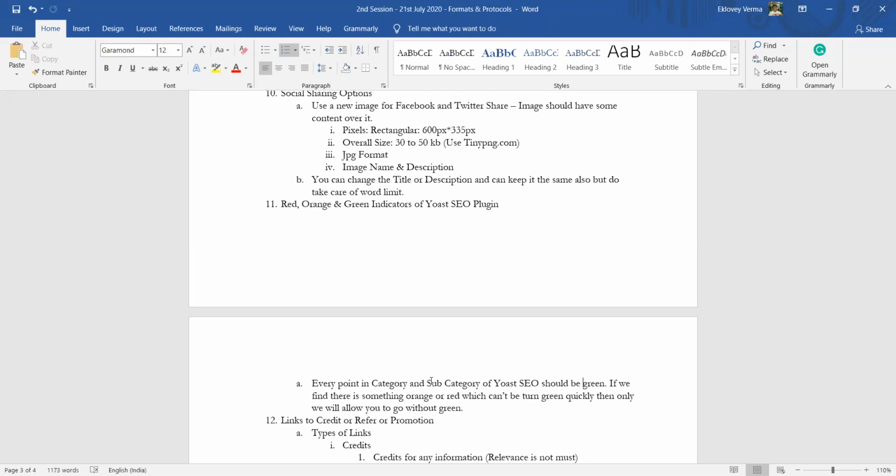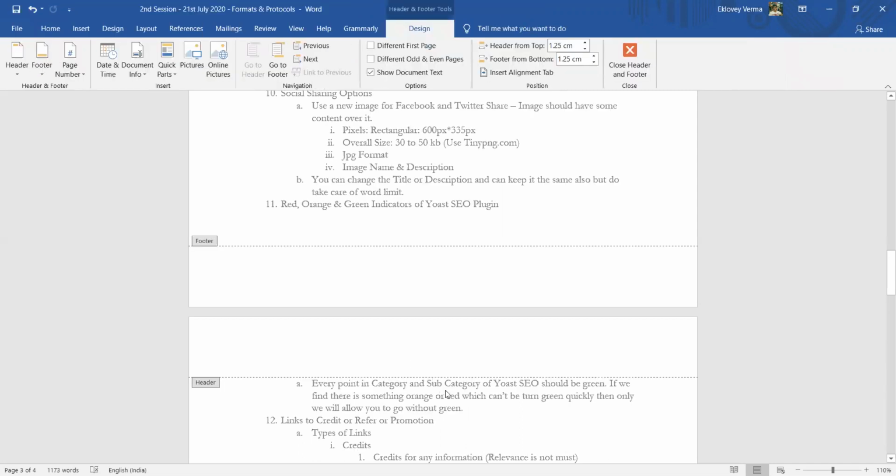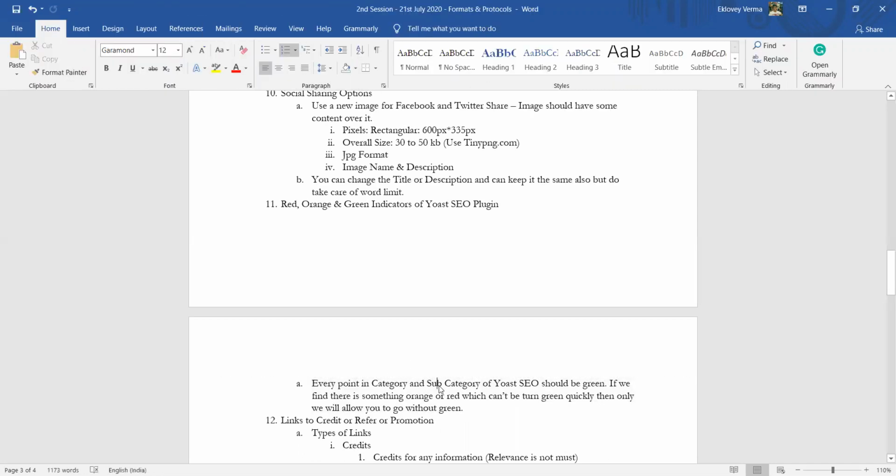नाउ गाइस, ये चीज मैंने आपको बता दी, कैटेगरी सब कैटेगरी। अब मैं आपको इसे एक बार समझा देता हूँ भाई। ये कैटेगरी और सब कैटेगरी आर्टिकल की कैटेगरी और सब कैटेगरी नहीं है, योस्ट एसईओ की कैटेगरी सब कैटेगरी। तो एक बार ये समझा देता हूँ, एक बार वेबसाइट के बैकएंड में दोबारा से ले चलता हूँ आप लोगों को।